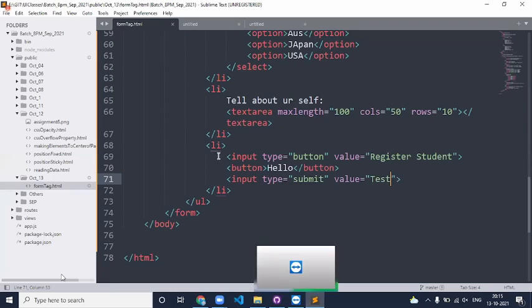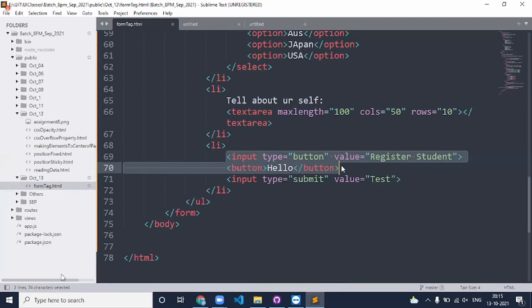The similarity between these two tags is that both are used to create a button. Whether we click on the first one or the second one, it is not going to do anything until and unless we write the piece of code for that. We have to manually write some code which will automatically read the data from the user and automatically send the data to the particular server. We have to write that code manually.